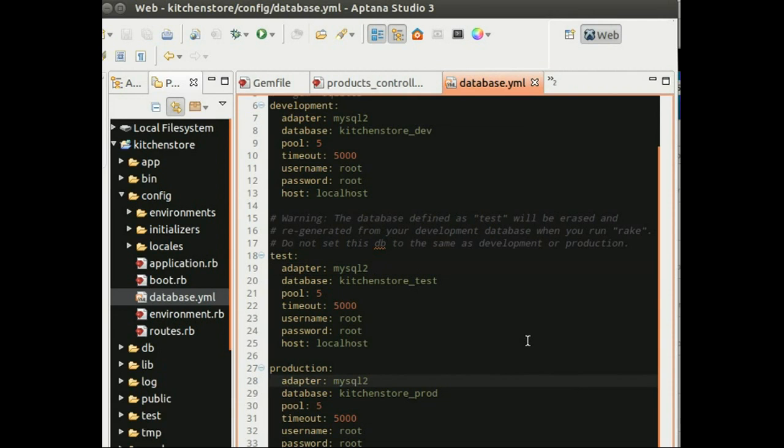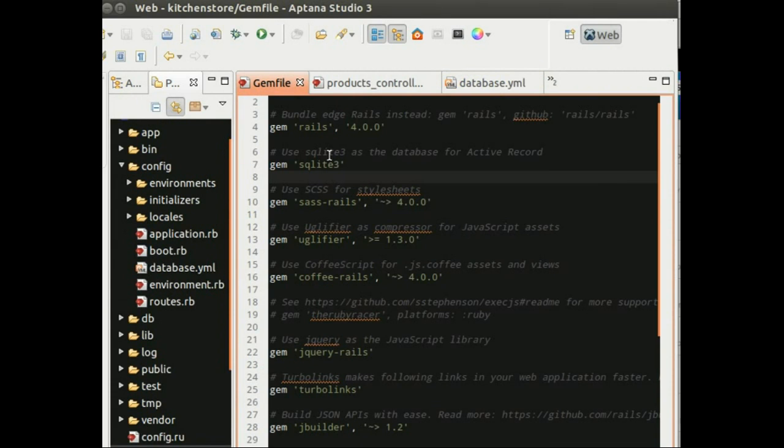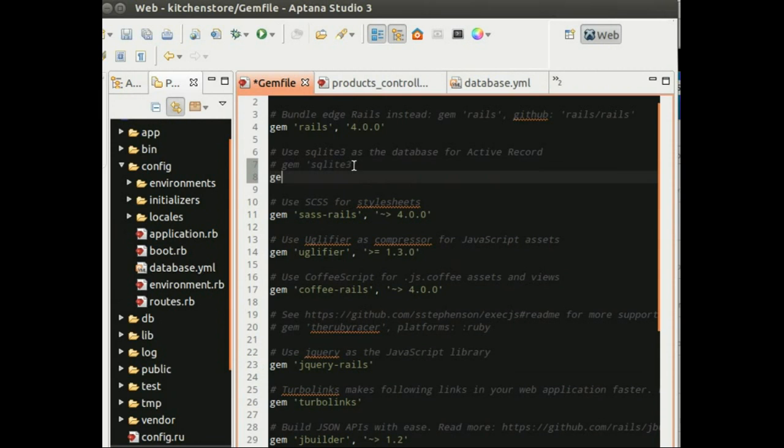Now we need the MySQL 2 gem to be installed in order for this to function. So let's add that gem to the gem file. We can comment out the gem SQLite 3 and add a line gem MySQL 2 and save it. Now it's time to run the bundle install to install the newly added MySQL 2 gem. So let's switch over to our command prompt